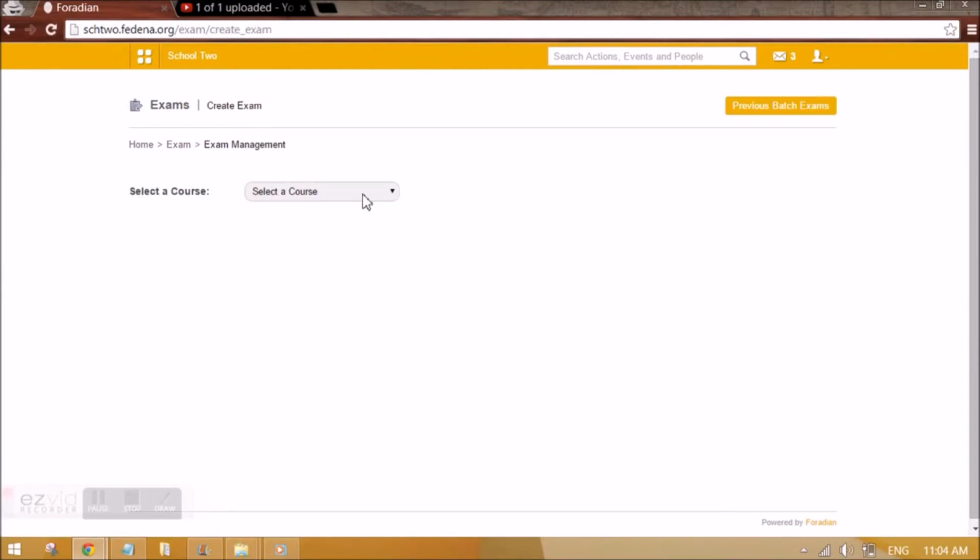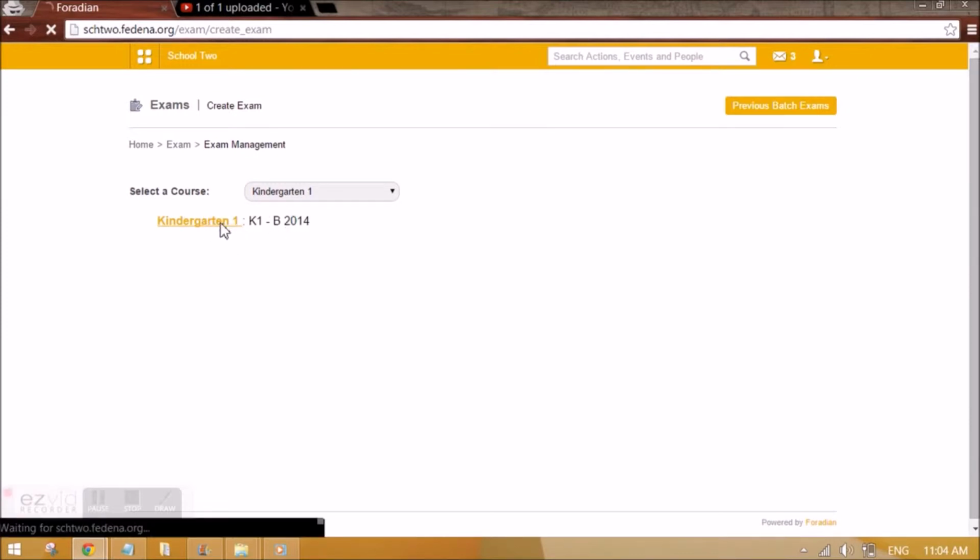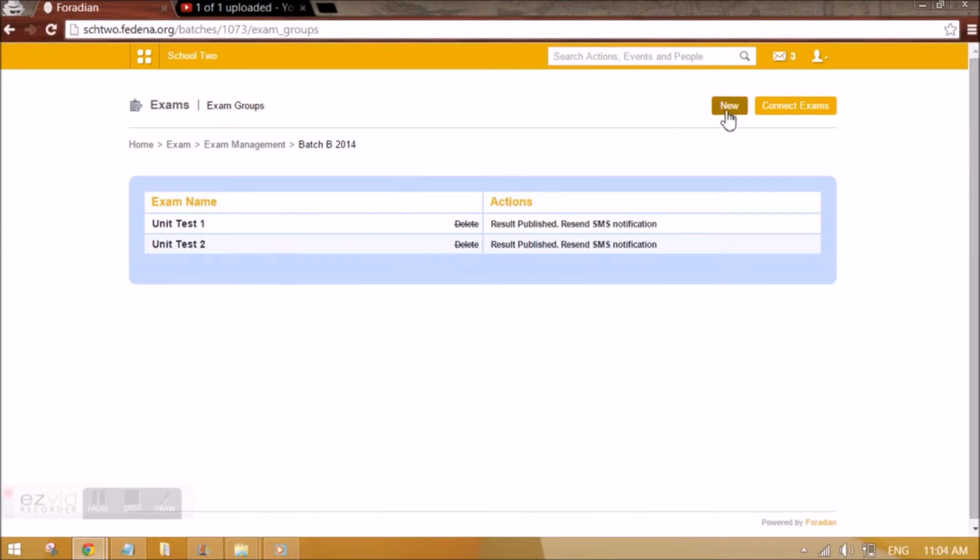Now in exam management we need to select the course for which we want to create exams. So let's say I'm going to select kindergarten 1 here and it will list the batches. So it has only one batch. I can click on this. Now here, for the first time this will not be appearing for you, so you can click on